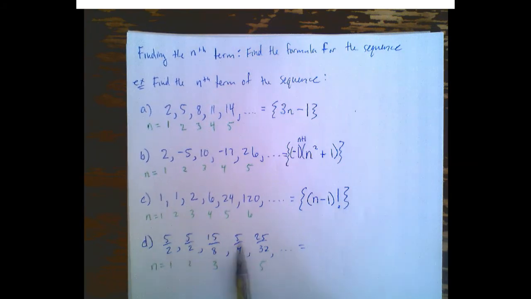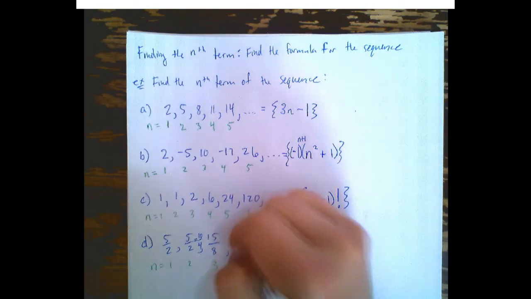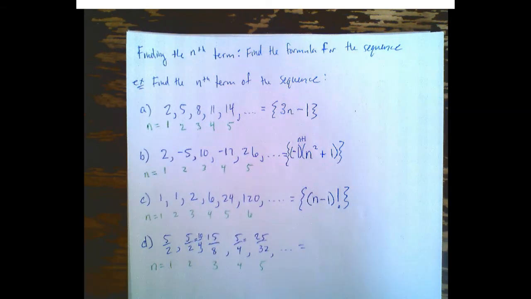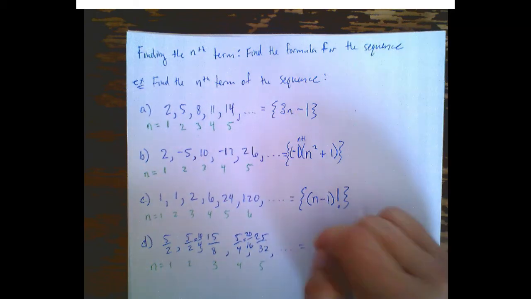Well, notice that sometimes these fractions are given in a reduced form. So this is actually 10 over 4, right? And this would be 20 over 16, right? So you can see if we de-simplify this, reverse simplify, we get some pattern that looks pretty good. So at the top, it would be 5 times 1, 5 times 2, 5 times 3, 5 times 4, and 5 times 5. So at the top, we have 5